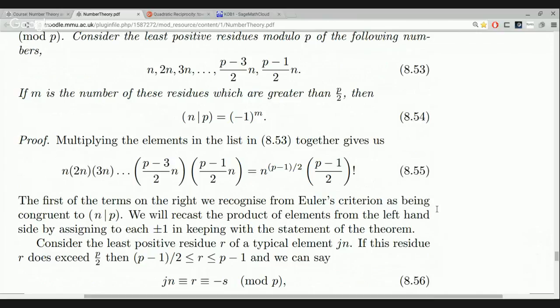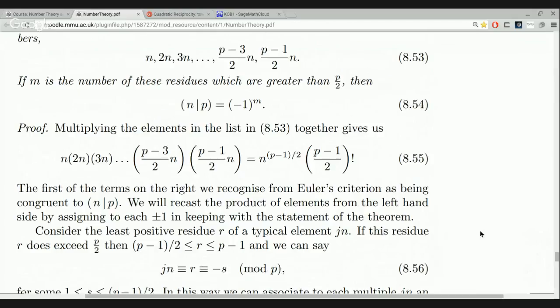Now, of course, we see here the power of n to the power (p minus 1)/2, that's mentioned in Euler's criterion. Okay? So it's the presence of this power of n which is going to allow us to bring in the Legendre symbol. Okay? So we just leave that there for the moment,